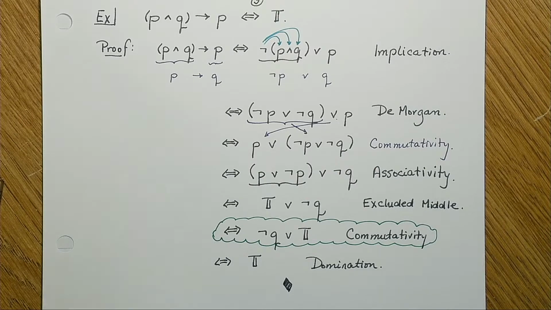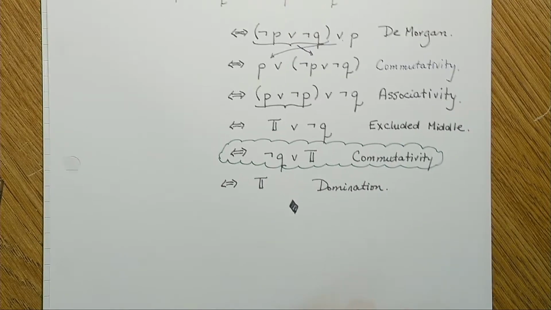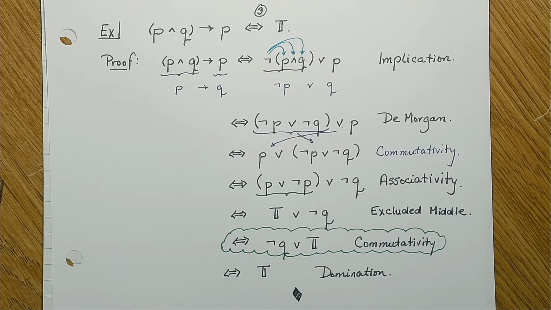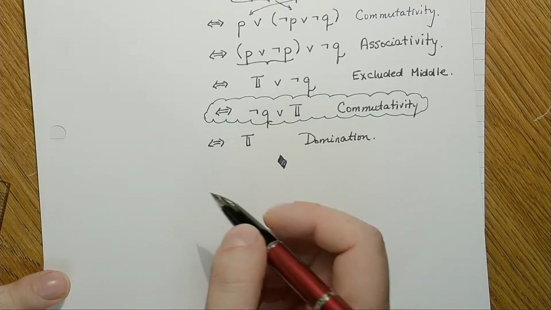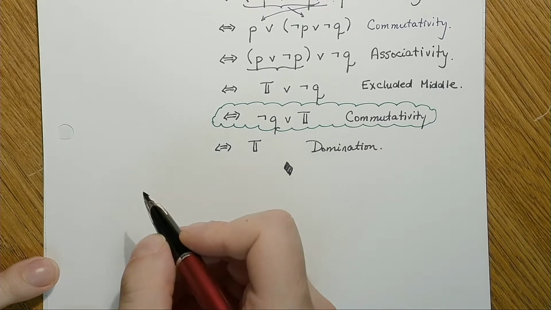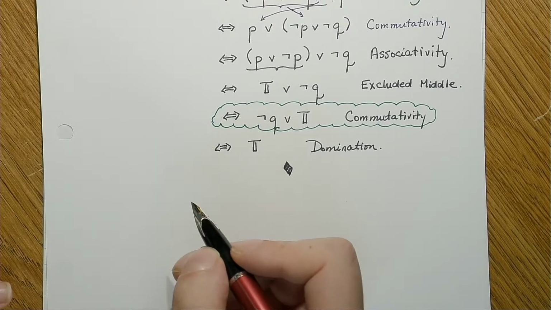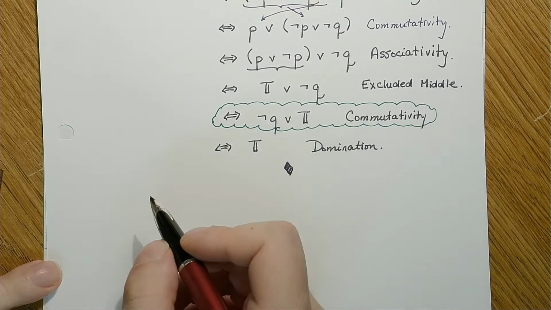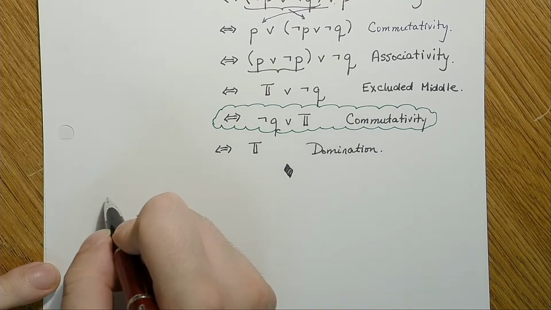How do you pick which rule to use? That is a good question. Just some tips. There is no way really to know which rule to pick because this is part of the proof. So